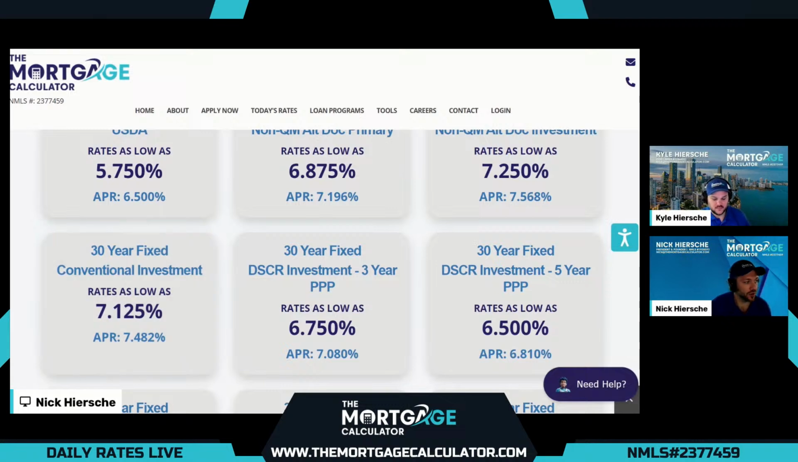So our government programs are not eligible, so no USDA, VA, or FHA, but we do have our standard agency conventional option for an investment property coming in today, 7.125 rate, final APR, 7.482. So a little bit better than alt doc, but we always recommend our investors out there check out our DSCR,